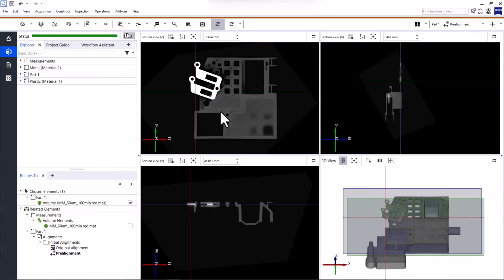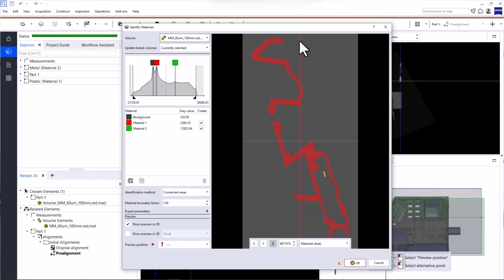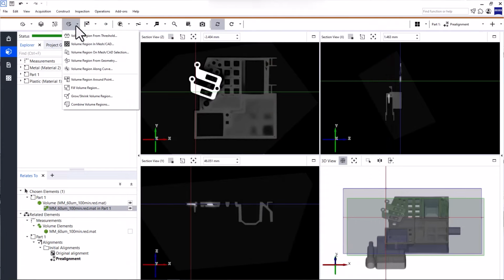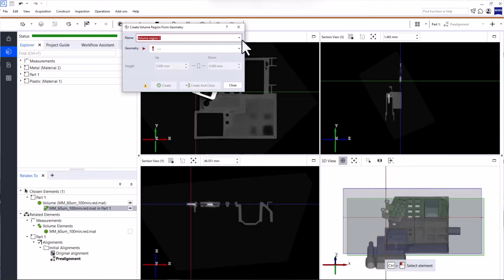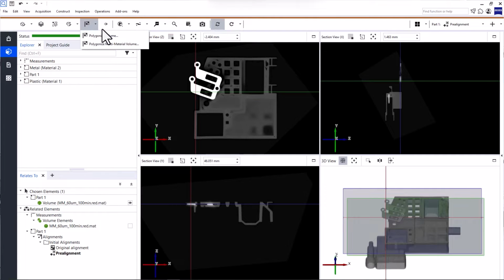To best support your inspection tasks, I want to show you some options to process your volume data for inspection. We'll talk about how to identify different materials, how to create regions of interest to define your polygonization and/or inspection areas, and how to polygonize the volume data to obtain a mesh.